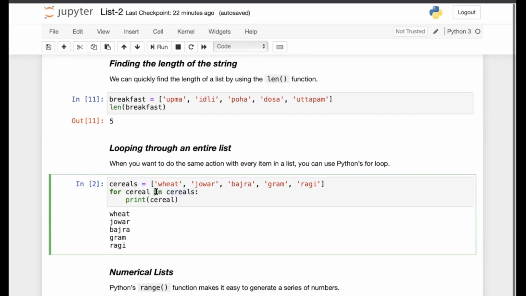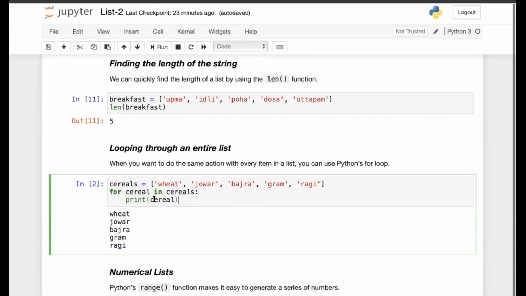So with the help of the in, it means I have to access the items of this collection, serials. And for each iteration, the individual item would be assigned to this variable serial. So this is basically the syntax: for serial in serials. And this colon is used to indicate the starting of the body of the for loop,